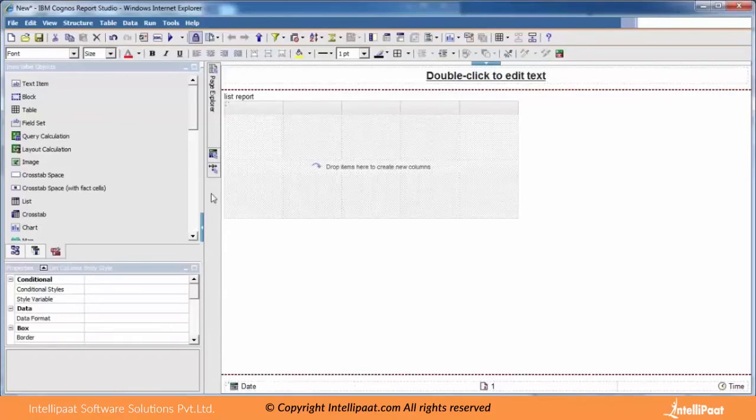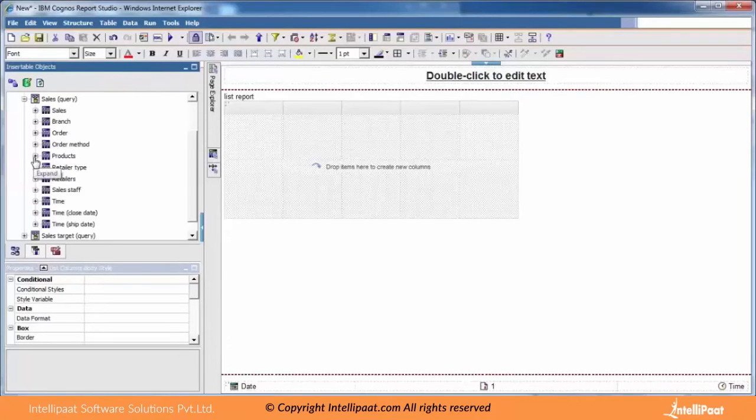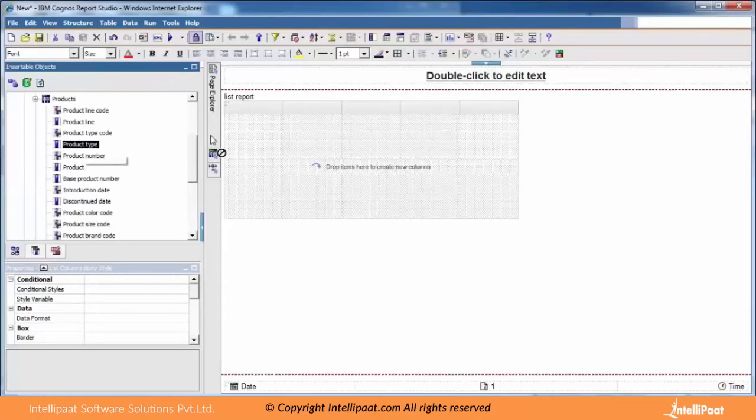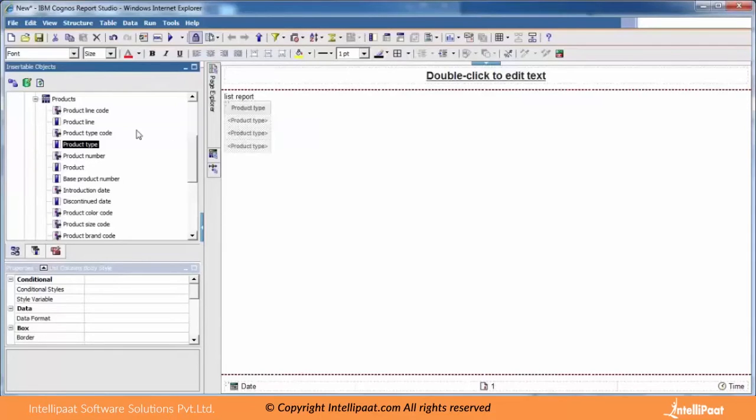One thing you have to remember: see, this list report got pointed to query 1. So we are going to drag and drop the columns from this page. You simply hold this and take the items here. Whenever you take columns to this list report, you have to remember one thing. There are two vertical lines, and in between there is another blinking line. Unless you get that, when you hold, you should not drop here. If you are going in the flow, as I have already dragged a product type column here, then when you drag the next column, it automatically comes as a consecutive column. There is no problem at all.